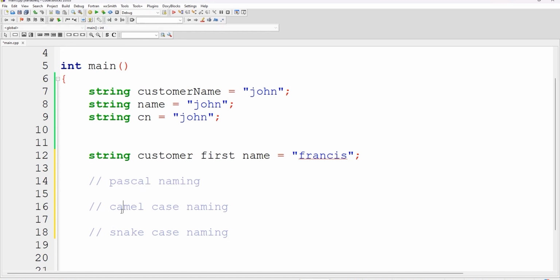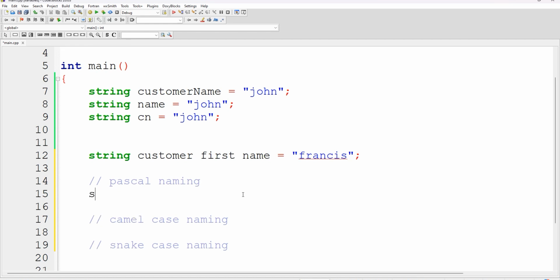So these are the conventions we have: the Pascal naming, the camel case, and then the snake case. Now, this variable, customer first name, I will show you how it will be done in Pascal, camel, and then snake case. It's very important to take note because this is what is modern now. So, Pascal naming states that all the words in your variable names should have their initials uppercase. That means customer will be uppercase, the C will be upper, F for the first name, it being the first letter, will be uppercase. And then in the name too. So string